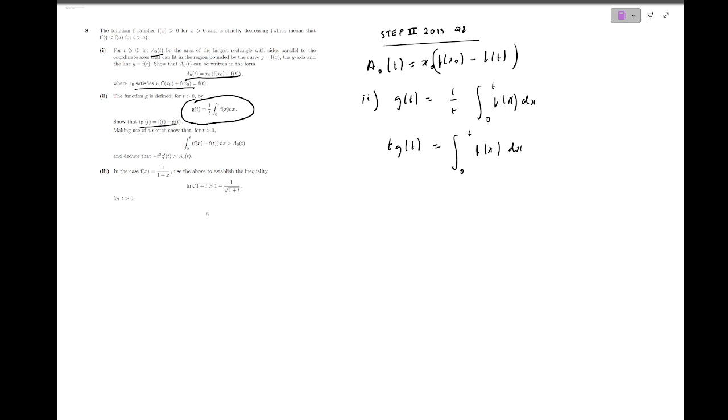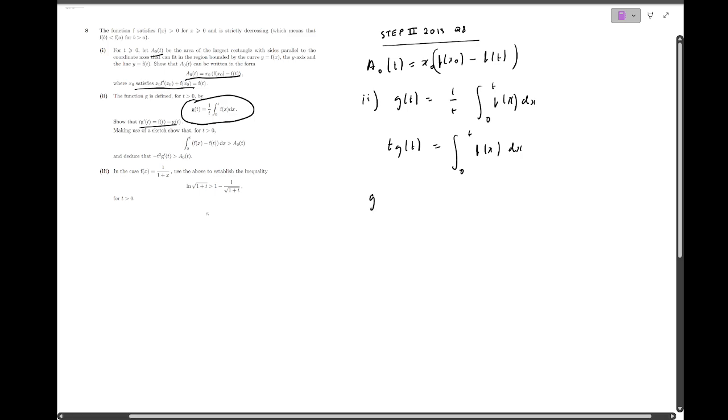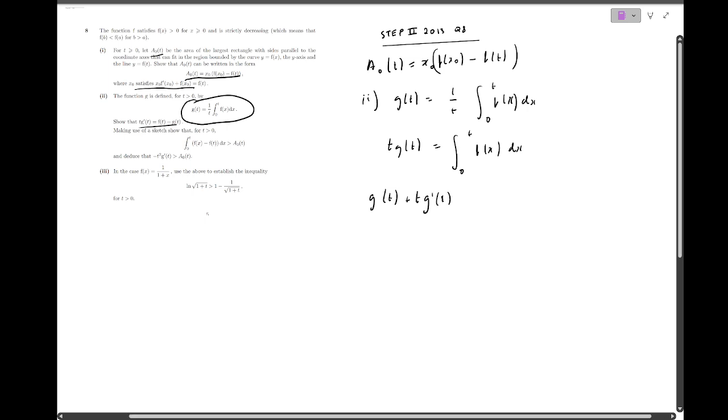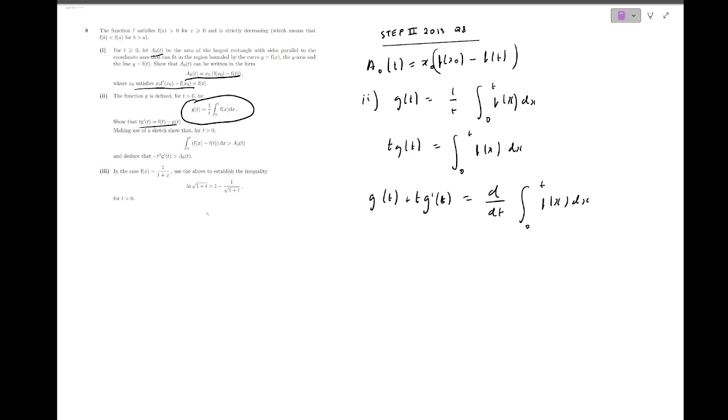So what we can just do is take the derivative of both sides and see what happens. We'll get g of t plus t g dash of t, I don't know how I messed that up, but whatever, is equal to the derivative with respect to t of this integral from 0 to t of f of x dx. Now what we have on the right side is essentially the fundamental theorem of calculus,